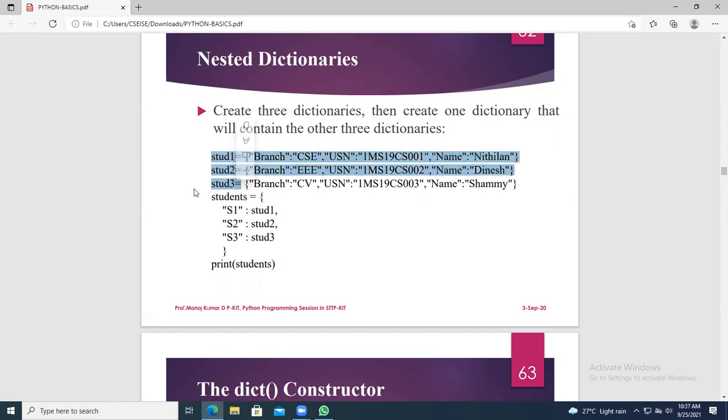I have given S1 colon stud1, S2 colon stud2, S3 colon stud3. So this is the method of creating nested dictionaries.